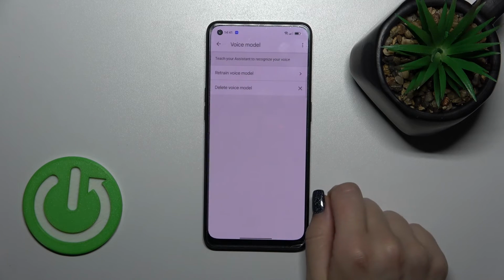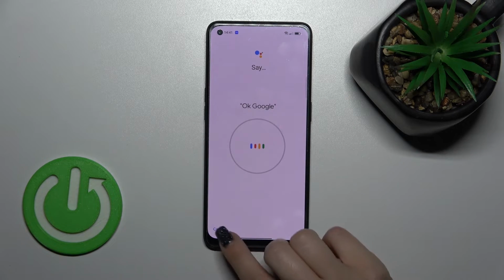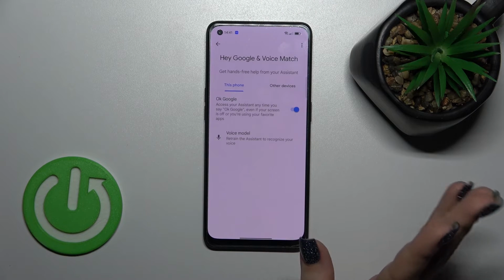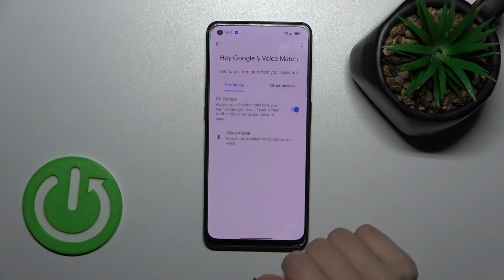Now we should add our voice model. So okay, we just do that, sorry. So we shouldn't do that again. And now just when we'll say okay Google or hey Google, we can see that this feature is turned on